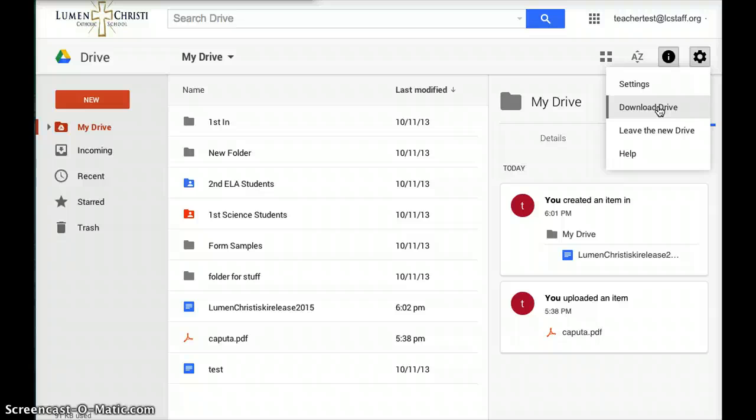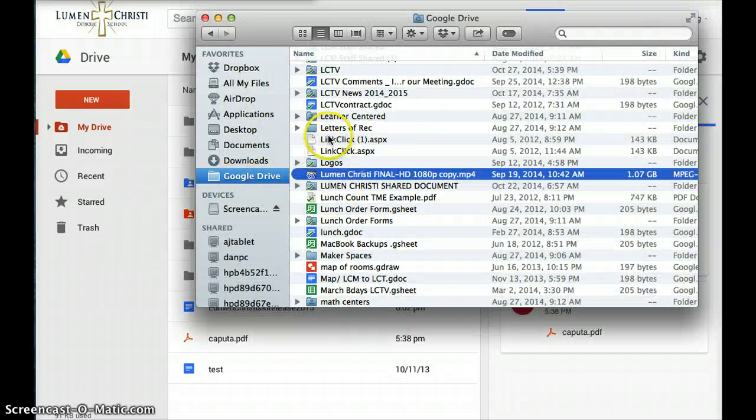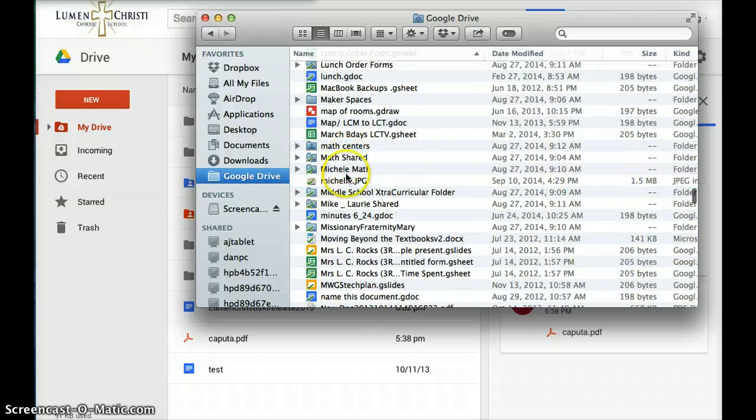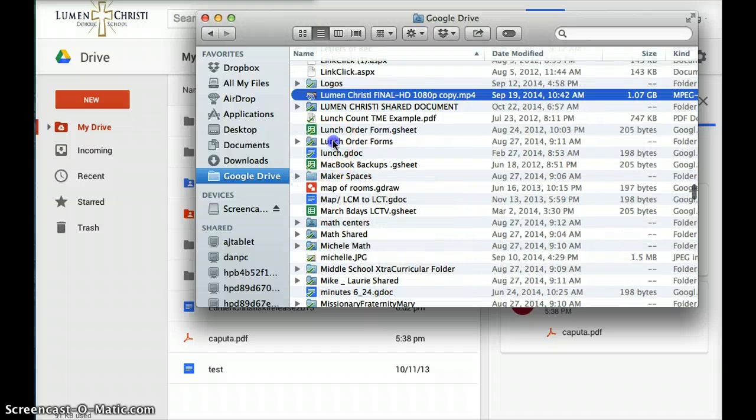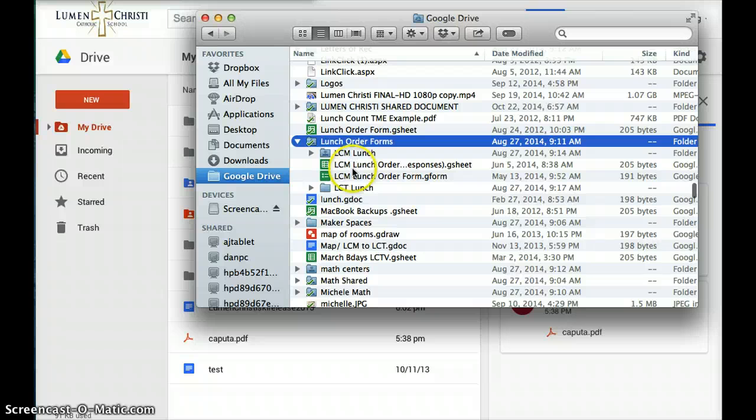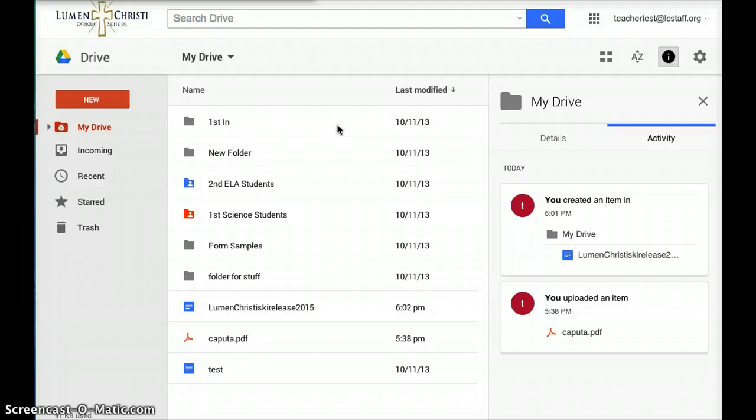So it'll almost make a duplicate copy. It does make a duplicate copy, but it's easier to work with and it's more efficient. You don't have to download documents from your drive. You can just work from your Finder window. So again, if I want a document here and I want to put this on my desktop, I can just drag this right to my desktop. I don't have to download it from my drive. So we're going to be far more efficient, and I think that's it for our 2-minute techie tip on working with Google Drive,